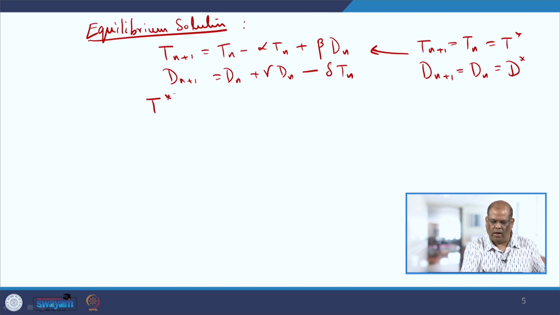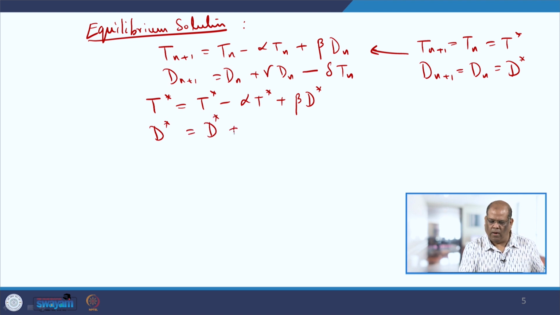So you get T star equal to T star minus alpha T star plus beta D star, and D star equal to D star plus gamma D star minus delta T star. This cancels, and you are left with